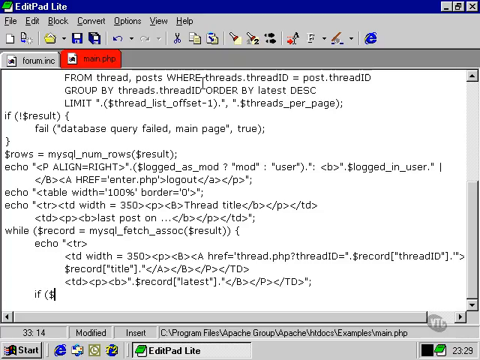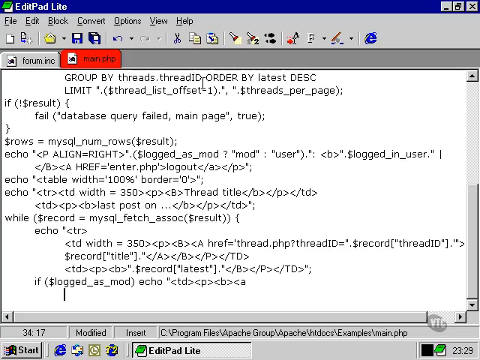Now we're also going to allow, if the user is logged in as a moderator, the facility to delete any thread that they want to. And so